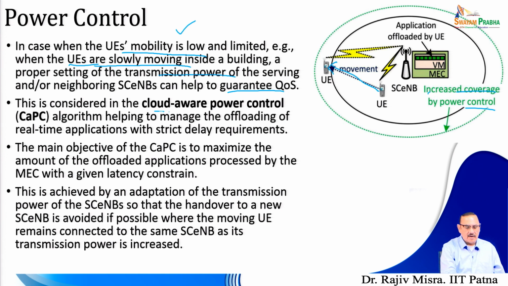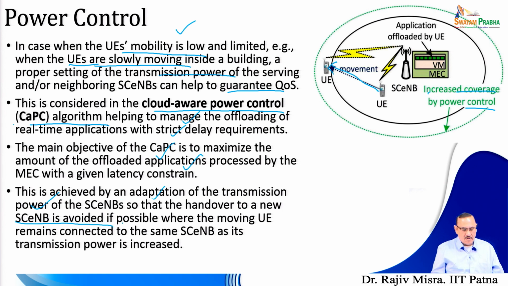So, this is considered in the cloud aware power control algorithms, helping to manage the offloading of the real applications with strict delay requirements. The main objective of the CAPC, that is cloud aware power control, is to maximize the amount of offloaded applications processed by MEC with a given latency constraint. Now, this is achieved by adaptation of the transmission power of SCNBs, so that the handover to a new